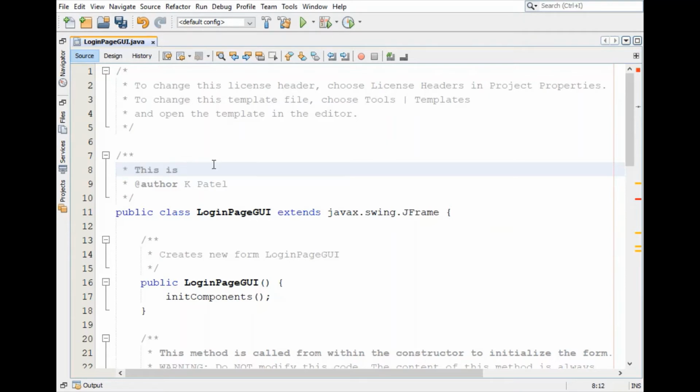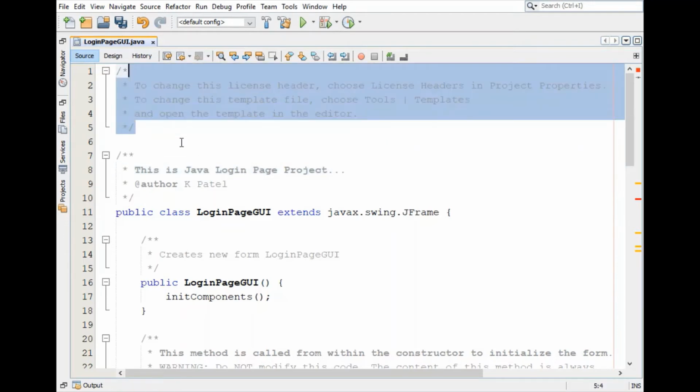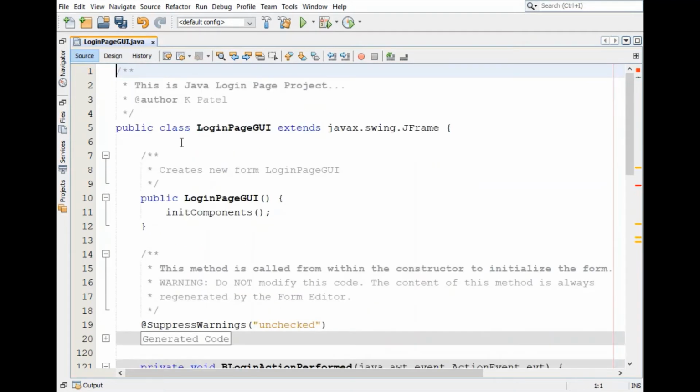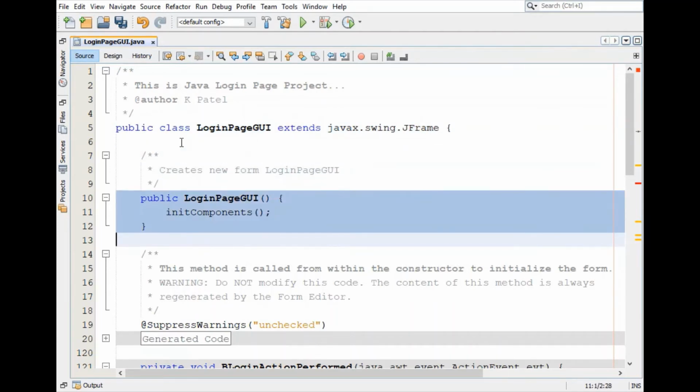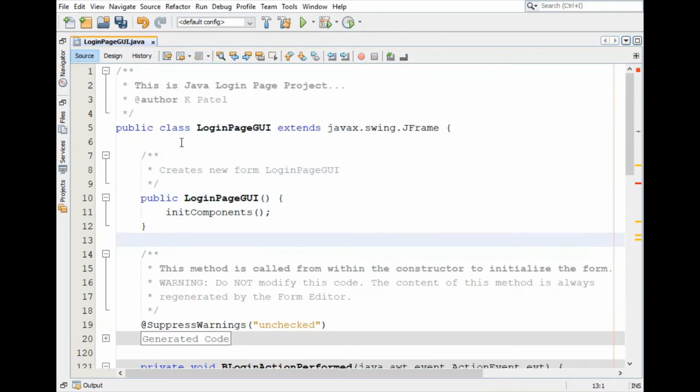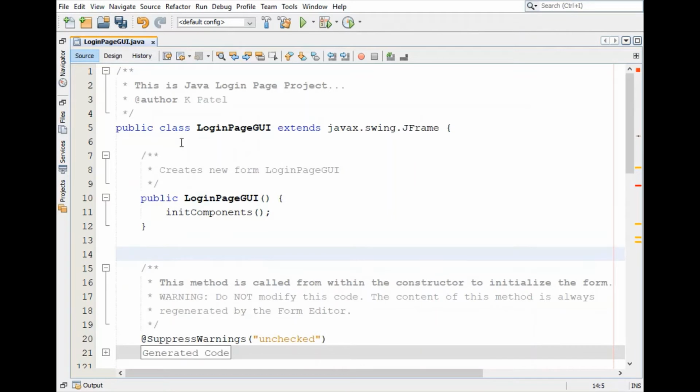This is the Java login page project. I'm just removing some additional comments. And this is our class. This is the constructor, and here we will write our custom method.